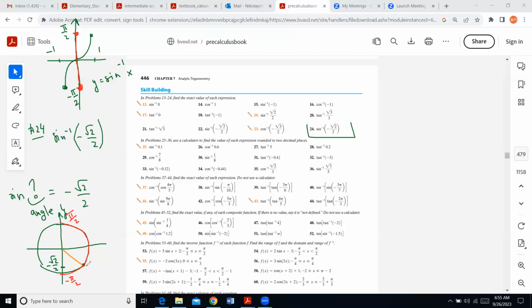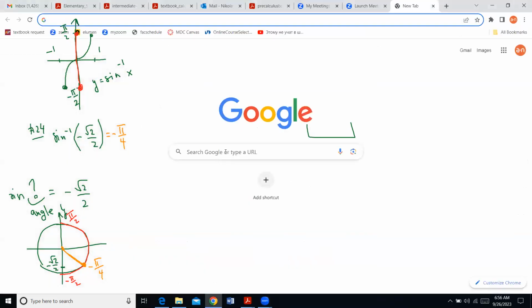And then I can see that we have to take this negative pi over 4, since it's the 45 degrees analog that has both an x and y coordinate equal to square root 2 over 2. Some with negative, some with positive sign. And I guess if you don't feel comfortable with the picture that I just produced, then I will open